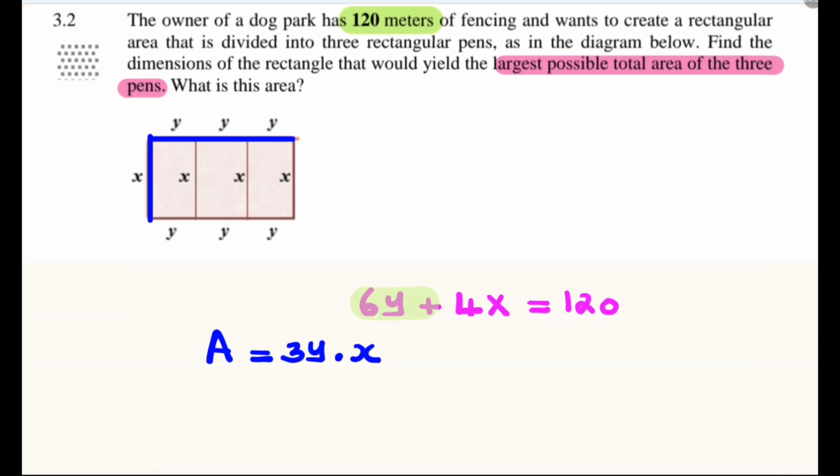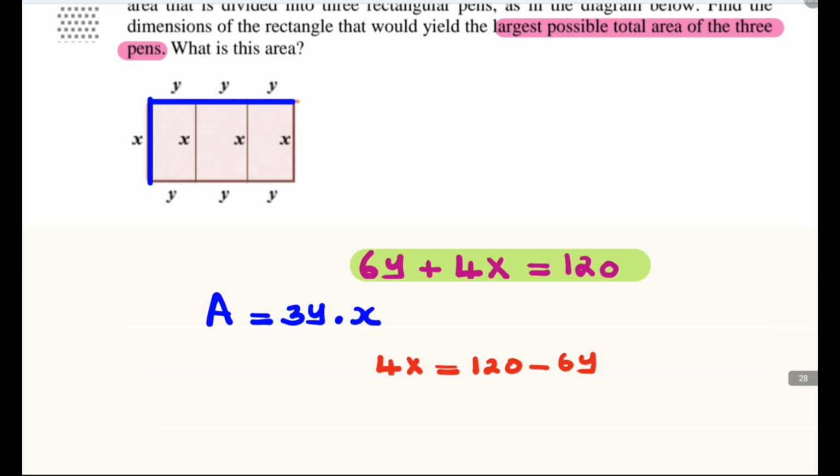We make x the subject of the formula: 4x will be equal to 120 minus 6y. Dividing by 4 on both sides, x will be equal to 120 divided by 4, which is 30, and negative 6y divided by 4 will be equal to negative 3y